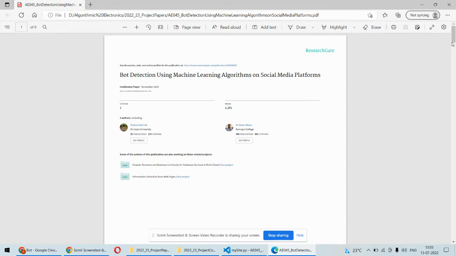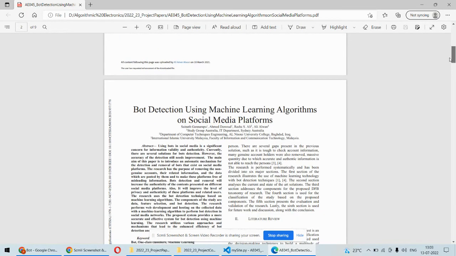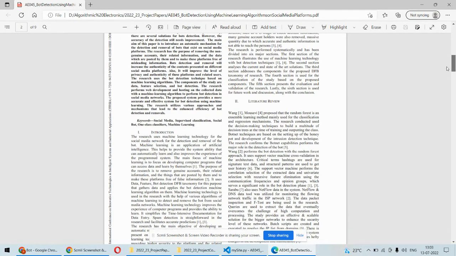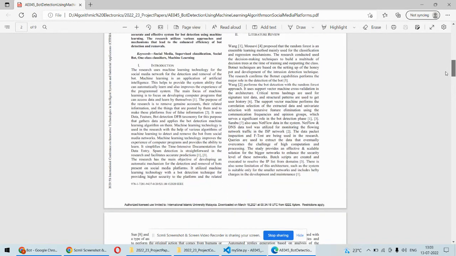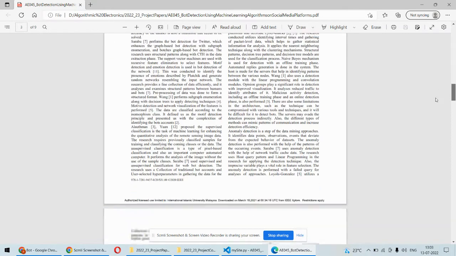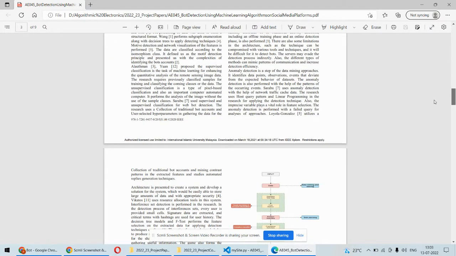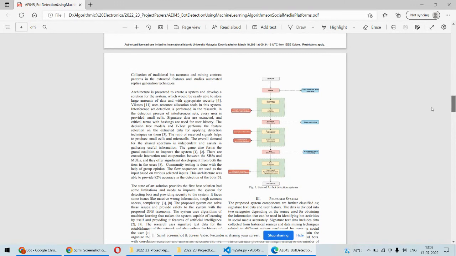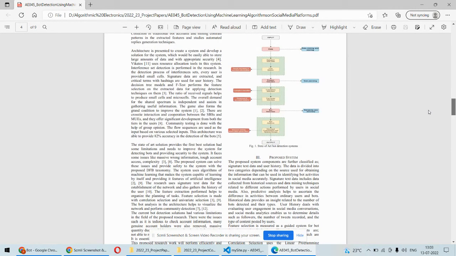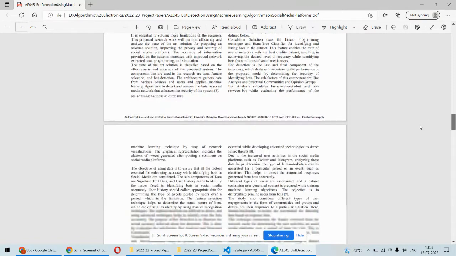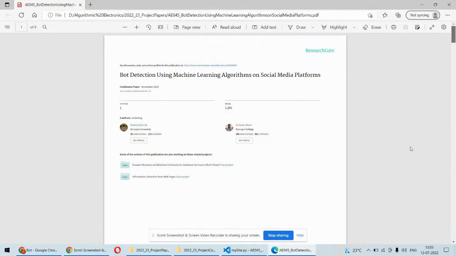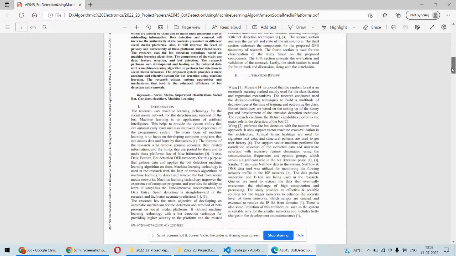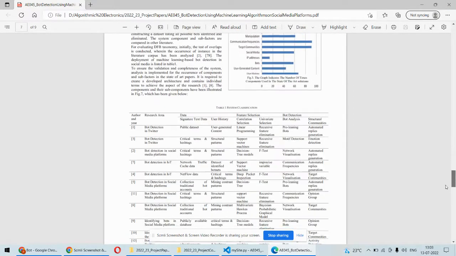Such accounts can be detected as bots on social media, and one must identify such accounts and stay away from them as far as security or personal information is concerned. For that purpose we have this particular paper, which does the same thing, detecting bots on social media using various machine learning algorithms, and we are going to follow the same approach in